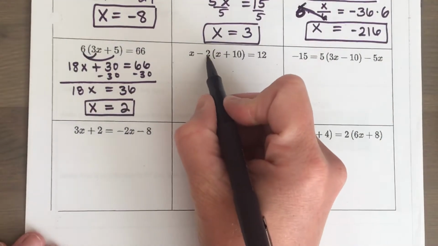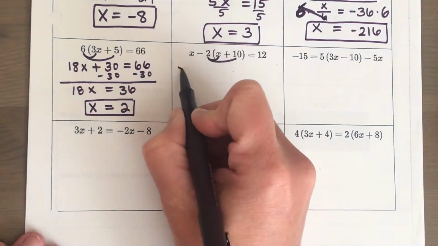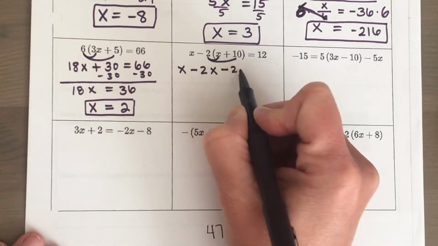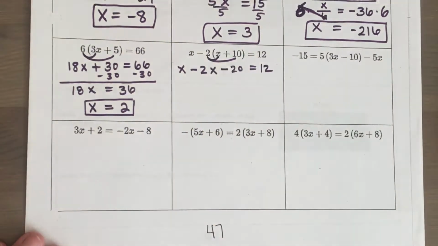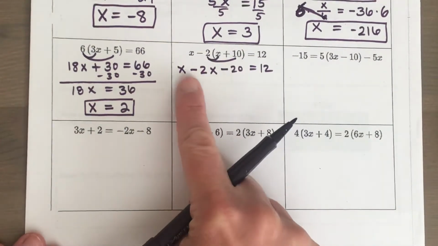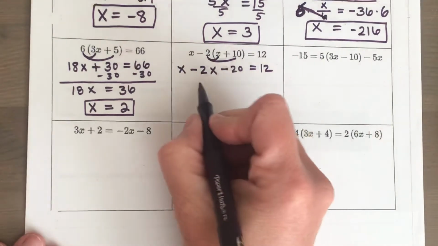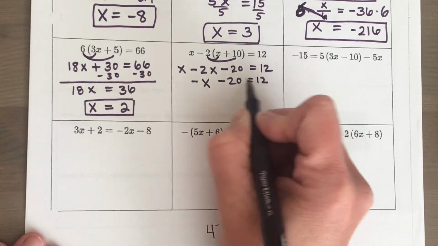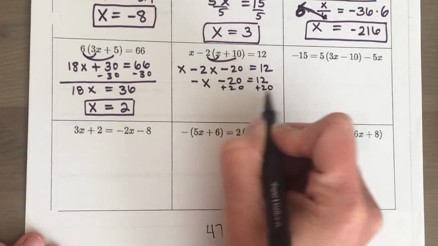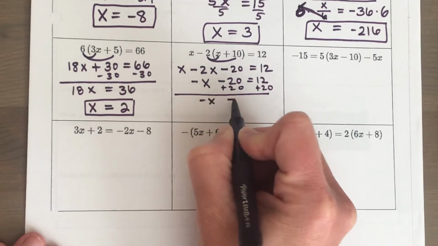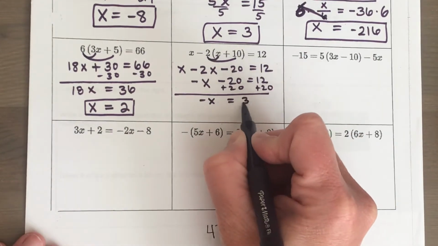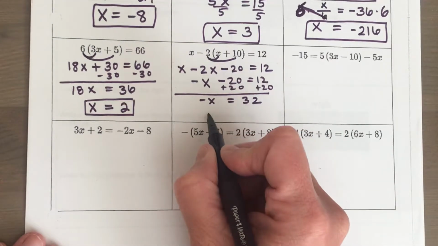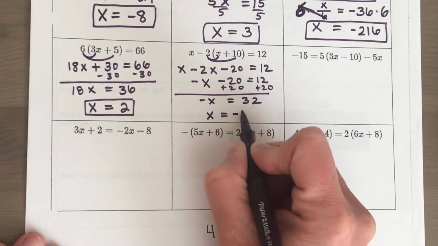In the next example, what I'm going to do is distribute my negative 2. So I'll have x minus 2x minus 20 is equal to 12. So my step here that I would do next would be to combine these two terms. So I would have negative x minus 20 is equal to 12. And now what I'm going to do is add 20 to both sides. So I will have negative x is equal to 32. And if I divide both sides by that negative in front of my x, I will have negative 32